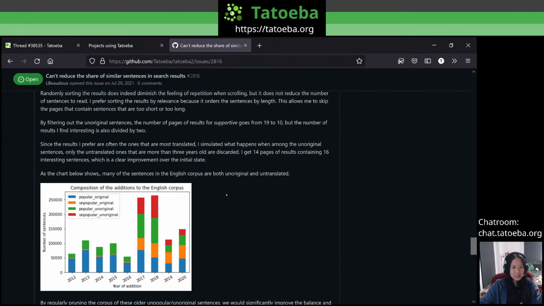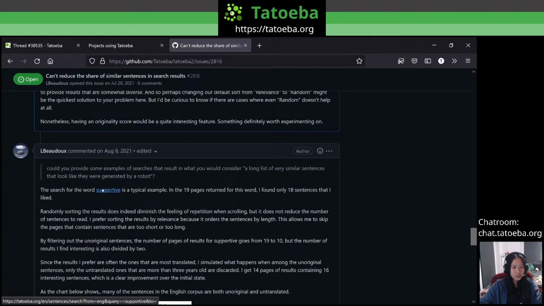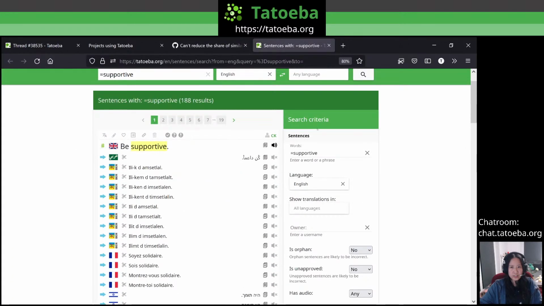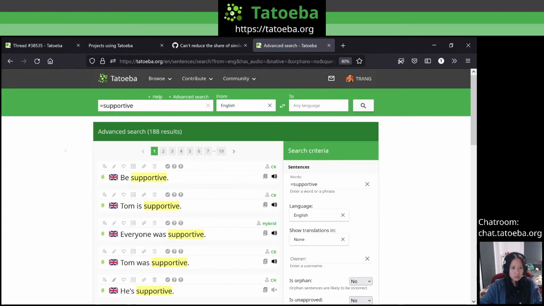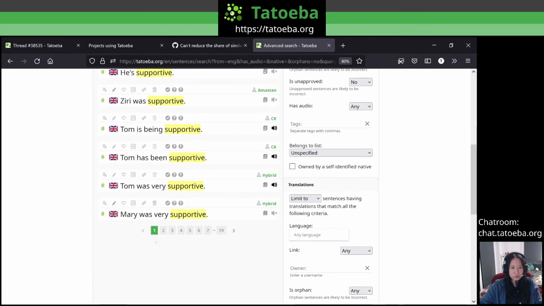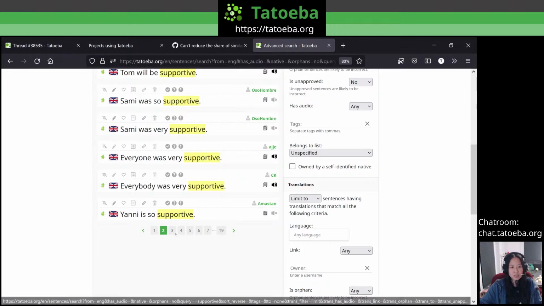And there was a concrete example given about a kind of search where LBTX shared that if he searched for the word supportive, maybe we can just show no translation to have a better understanding, there is a lot of repetitivity, it's very redundant, and that makes the